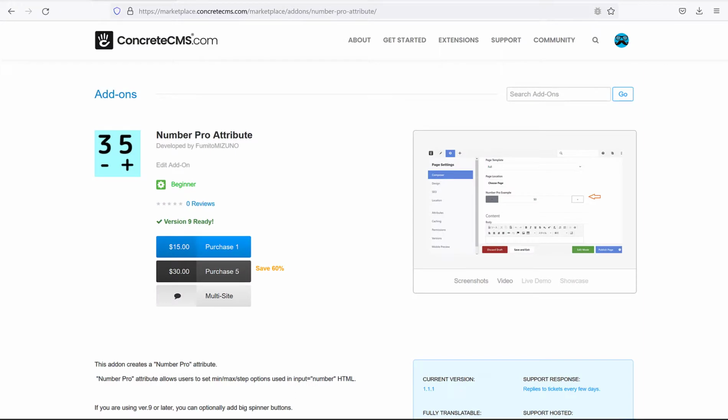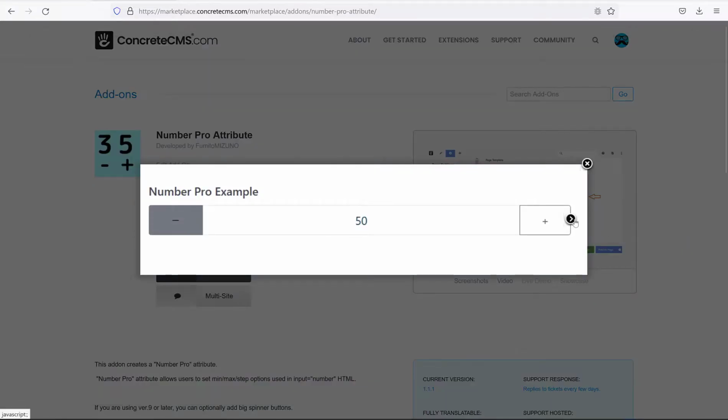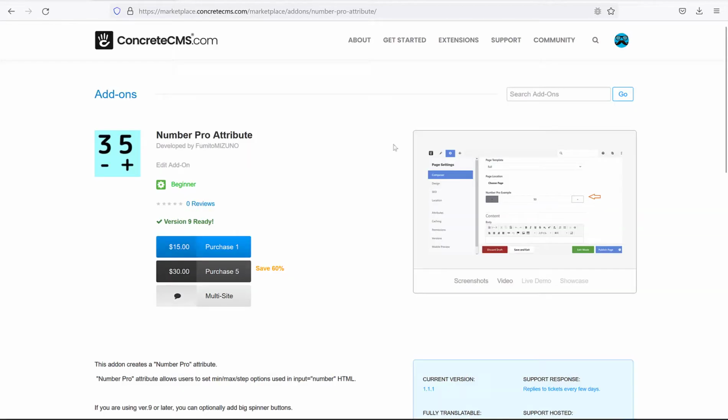Our second package is the Number Pro attribute by developer Fumito Mizuno. It's a number attribute which allows you to specifically set the maximum and minimum values allowed as well as the step. It uses the HTML number input type, and so those are the typical attributes you would use. So it's a step above the core number attribute. It is $15 in the marketplace, but as the developer states on the page, it will become free once it